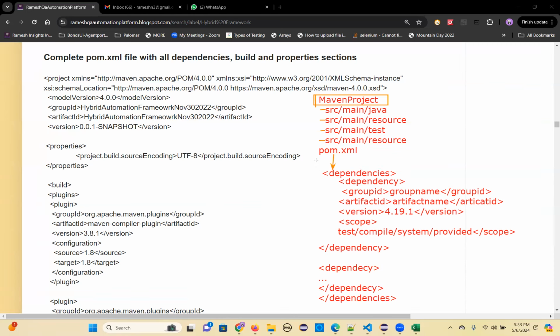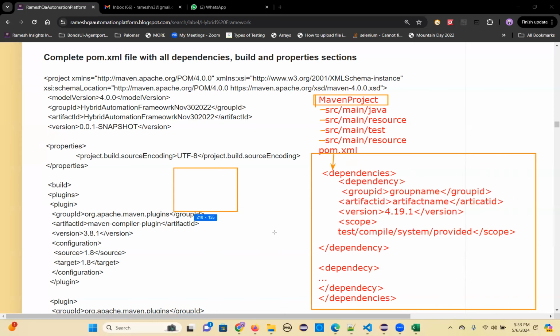So that part will be one of the parts. This pom.xml has many sections. First, the project section will be there, then the properties section. So what are the different sections in the pom.xml? First, the project section with a project name. Then the second one is